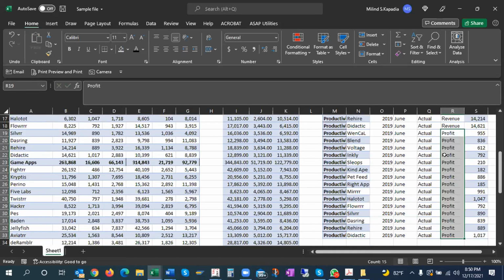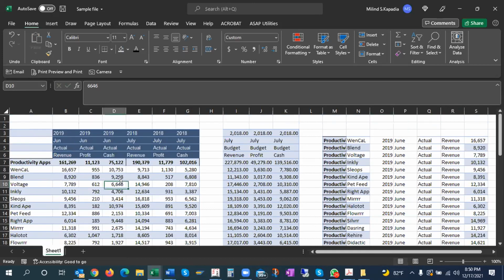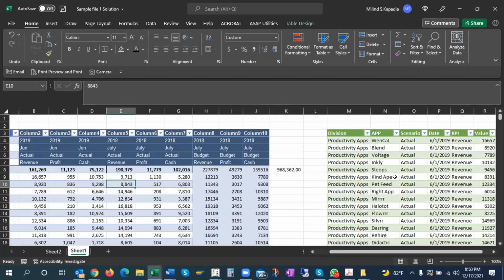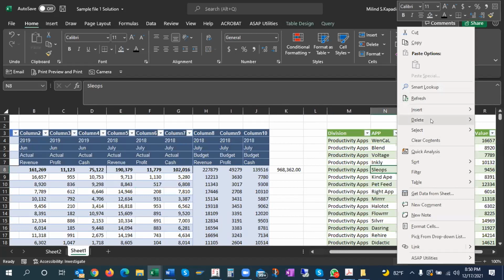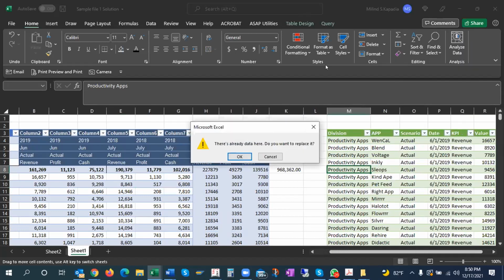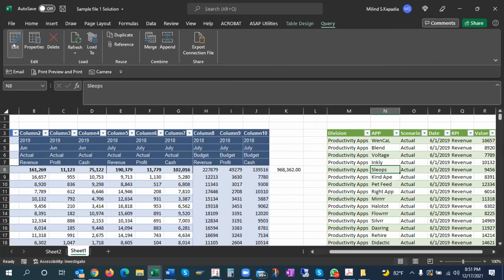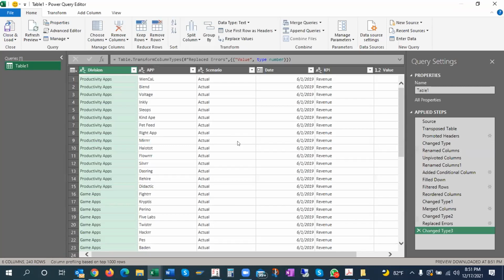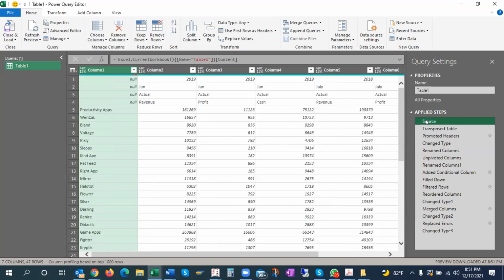This data is not proper data. Since we have just 10 minutes and want some questions also, I have prepared this Power Query. In other words, we can say it is unpivot type of data that we want to create, but it is not exactly unpivot. There are many things I have used here. So you see my steps, these are the steps which I have applied.